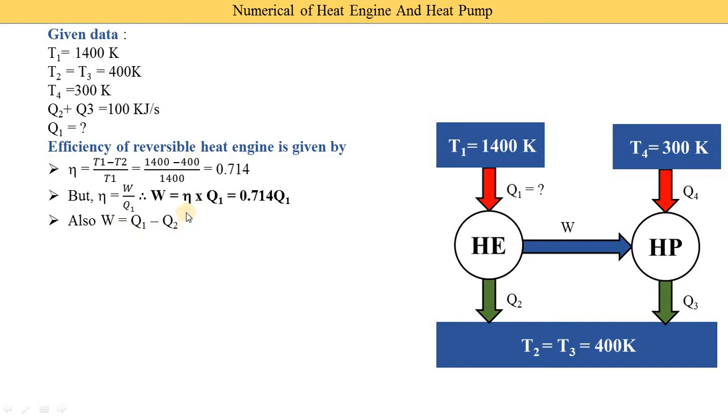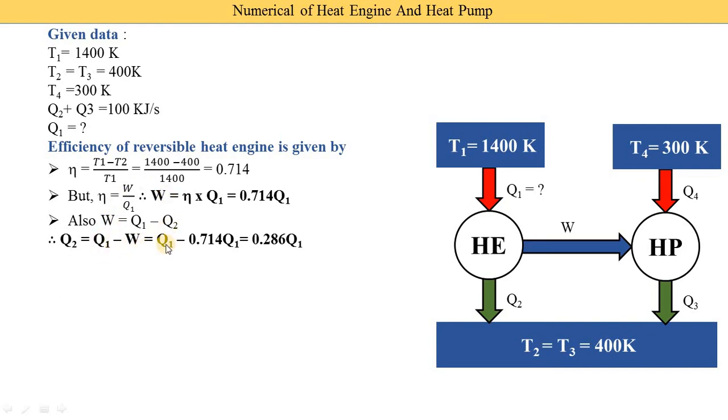So Q2 is found from the equation of the work done, that is, the work done W is equal to Q1 minus Q2. Okay, so we put in this value of work done. Here we convert this equation into the form of Q2. So Q2 is equal to Q1 minus W. This Q2 goes on the left side and the work done comes on the right side, so it is written as Q1 minus W.